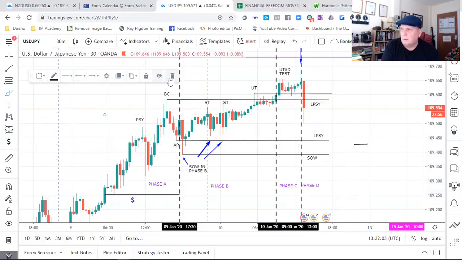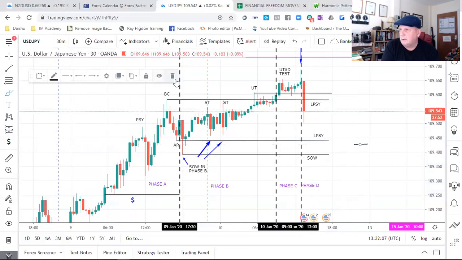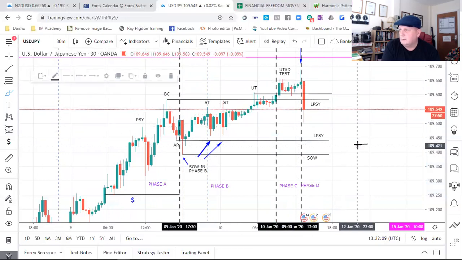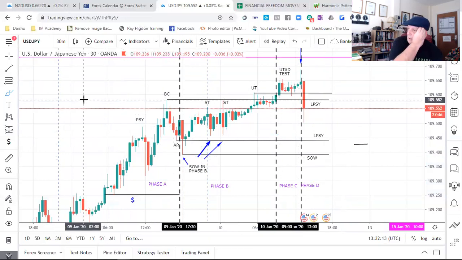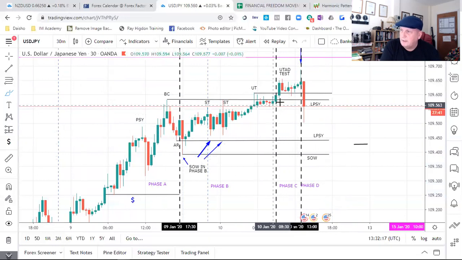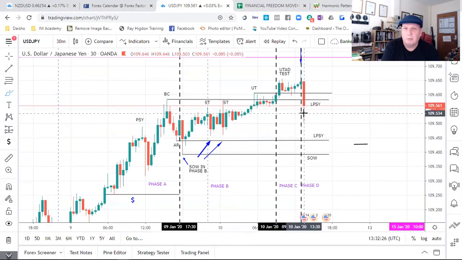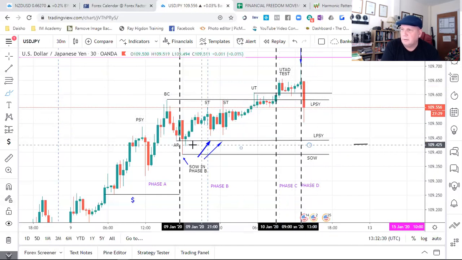So what's actually happening now? Yeah, so what's actually happening now is, in this distribution phase, any liquidity and stuff like that that's built up, it's actually starting to take it out, wicking all the way down to take it out. So I'm fully expecting this now, like I've said, that this is going to play out, come down here and go through this